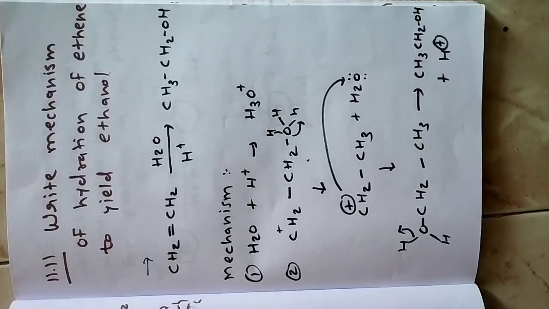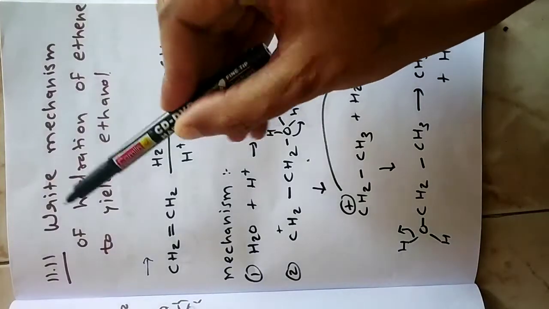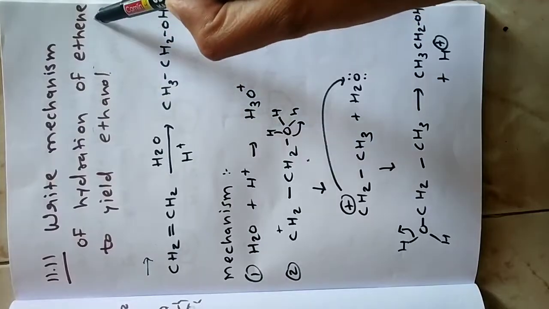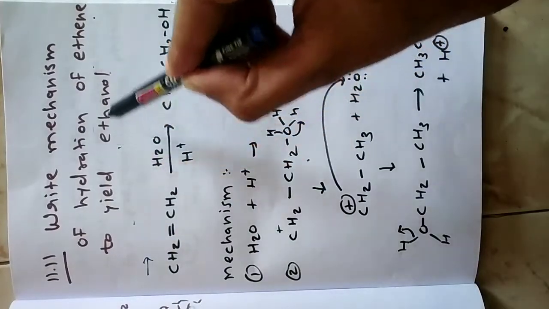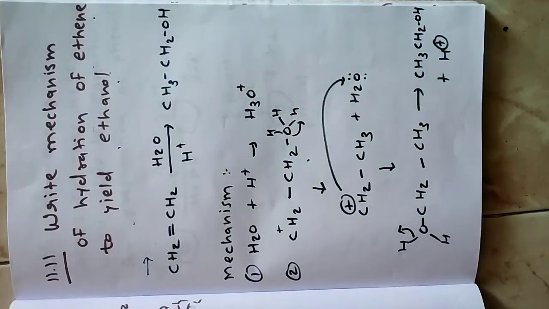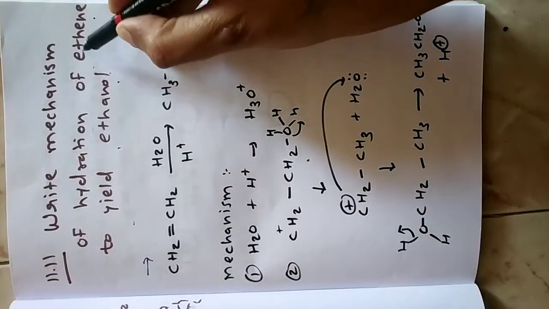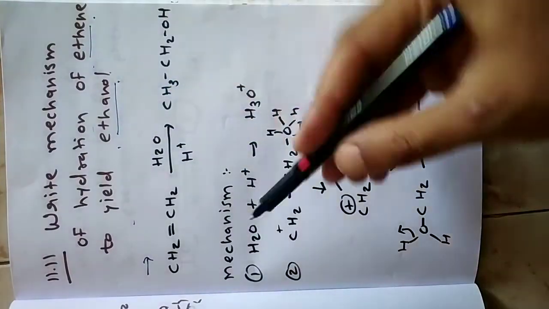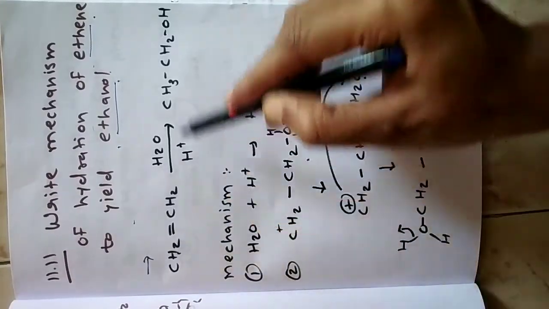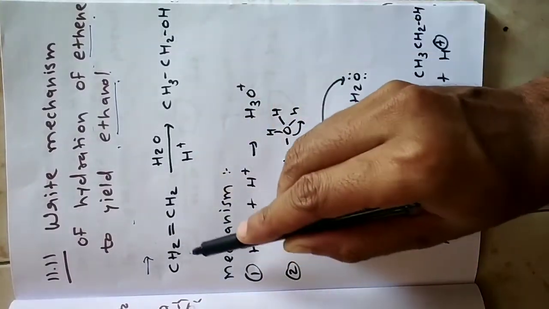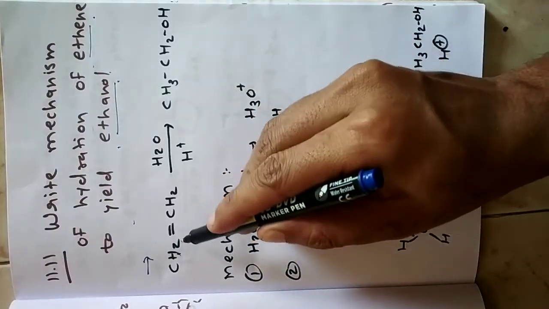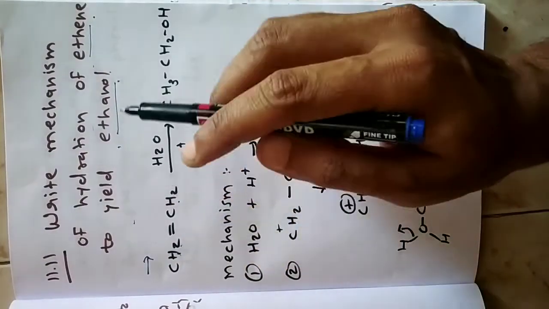Question number 11.11. The question is like this: write the mechanism of hydration of ethene to yield ethanol. Means our reaction is from ethene to ethanol. Here you can see I have written the reaction first. Ethene means 2 carbons, in that a double bond is there. So you can see the double bond,